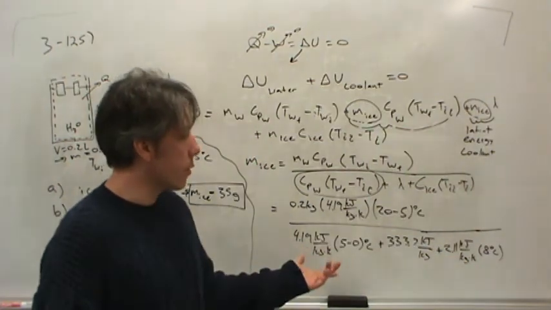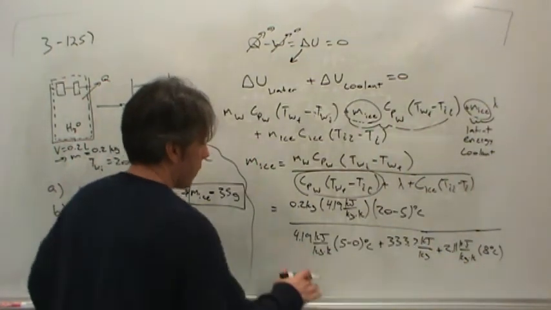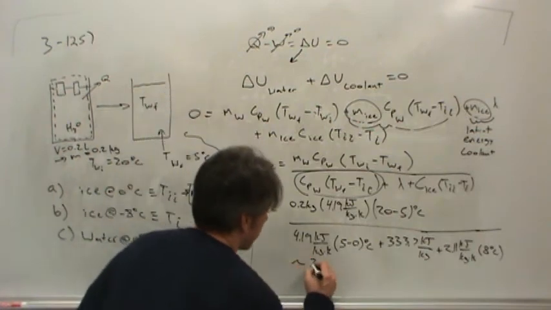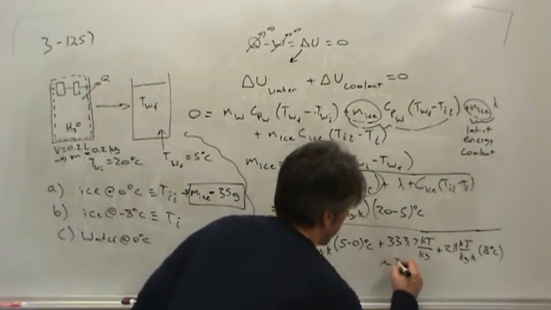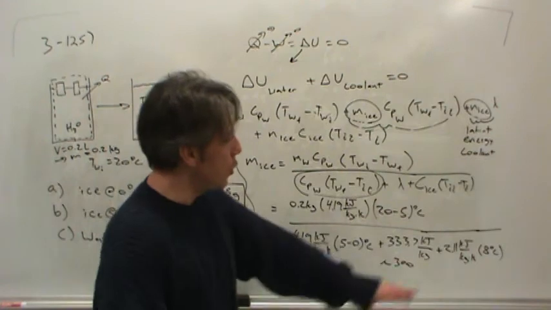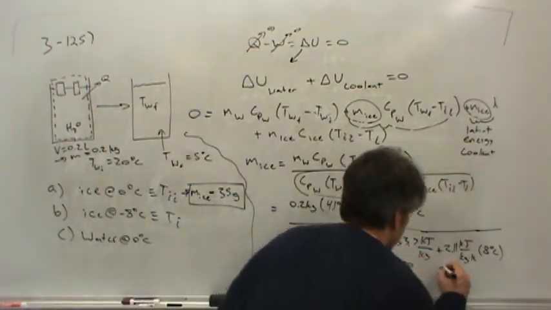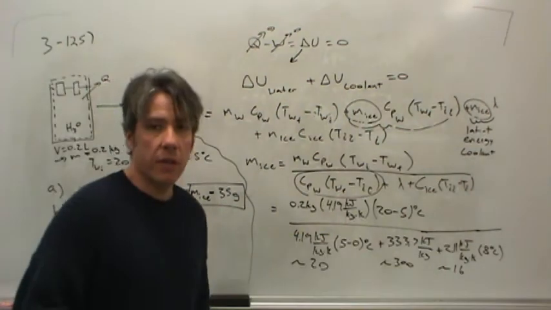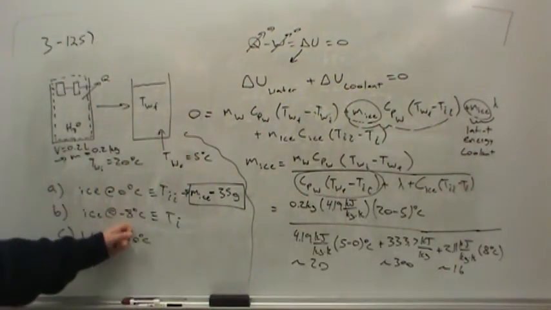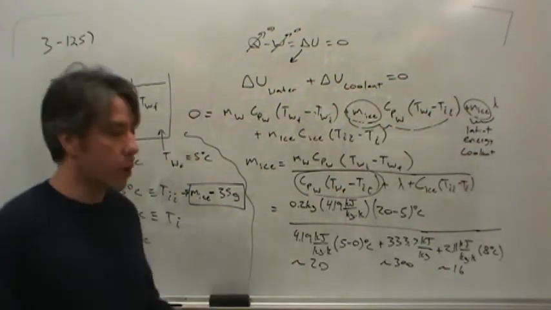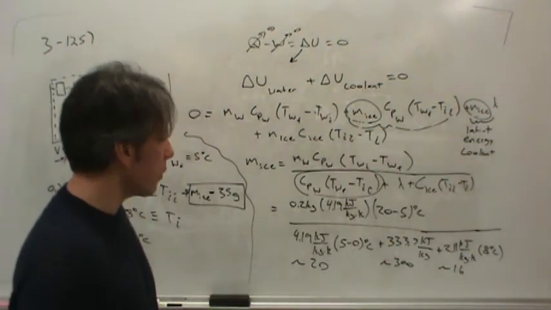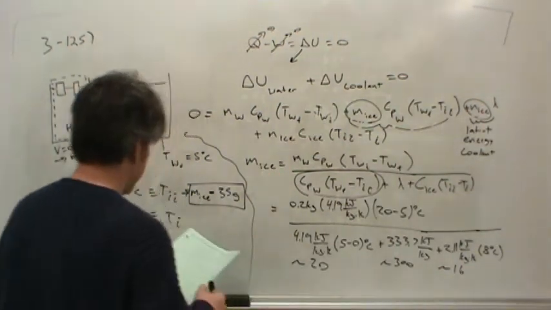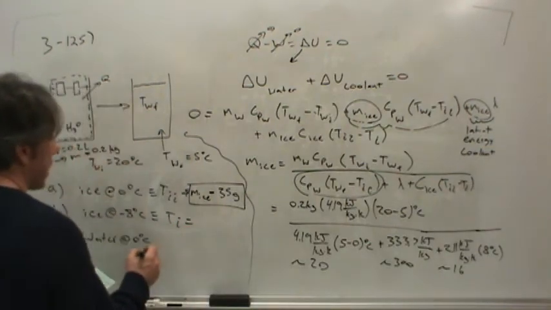Once again, let's look at our order of magnitude estimate. The first term is about 20 or so. The next term is about 300. What is 2 times 8? Well, that's about 16. So that really doesn't add a whole lot to the cooling capacity of the ice. Cooling down the ice below 0 degrees really doesn't do a whole lot. It doesn't help much. So if we throw that into the mix, though, what you find is that the mass